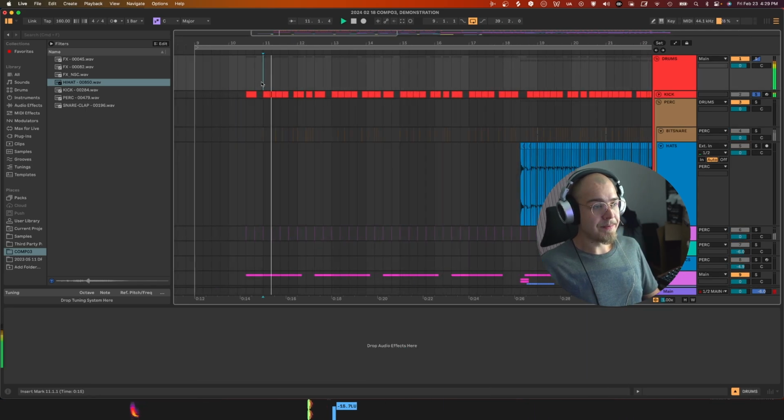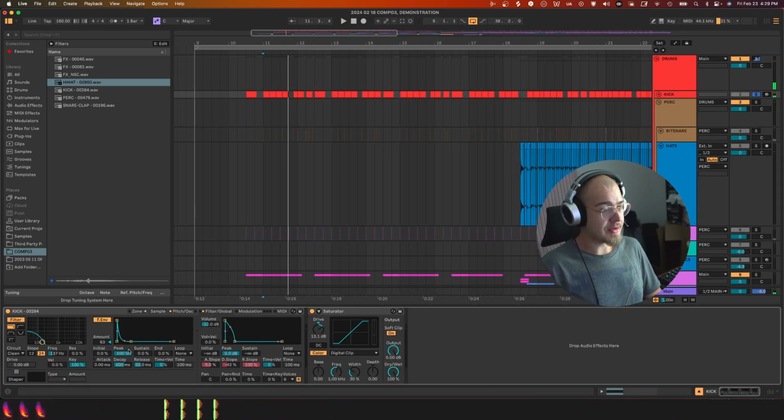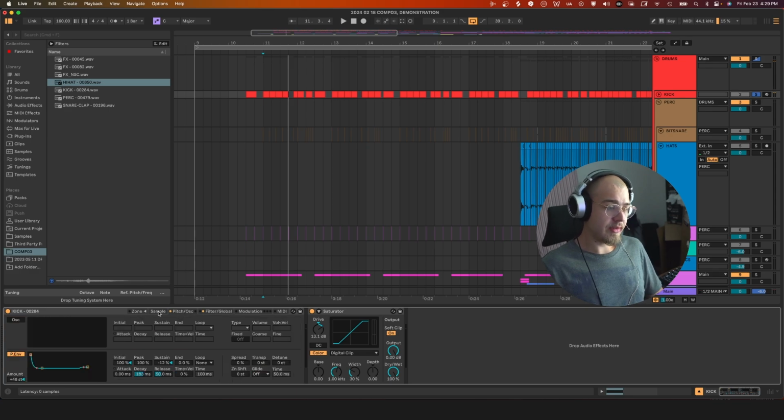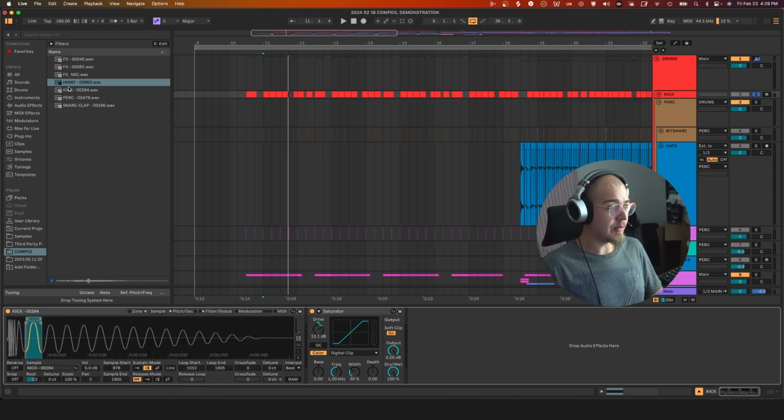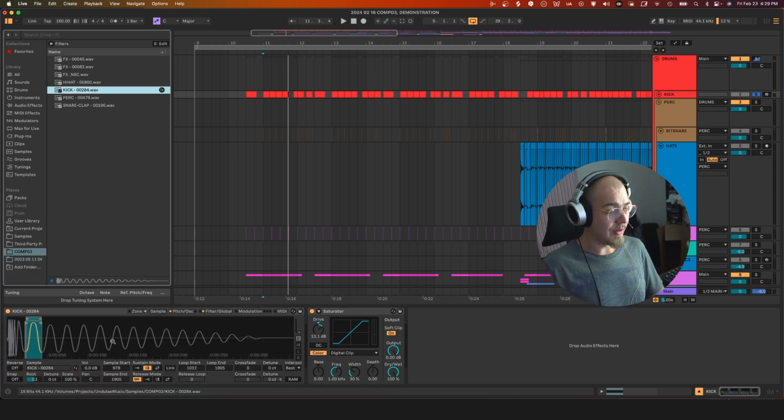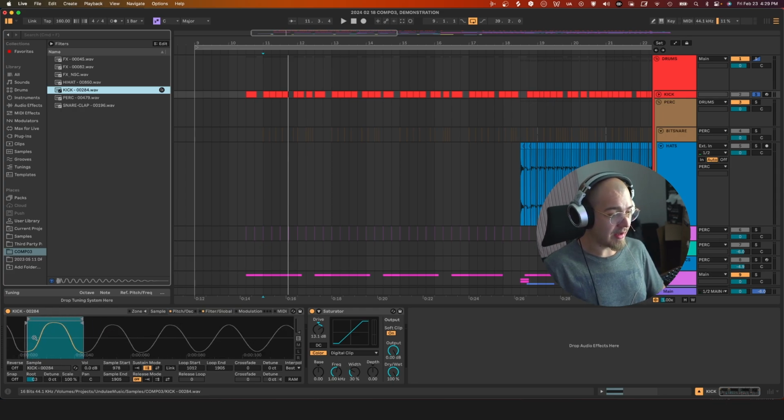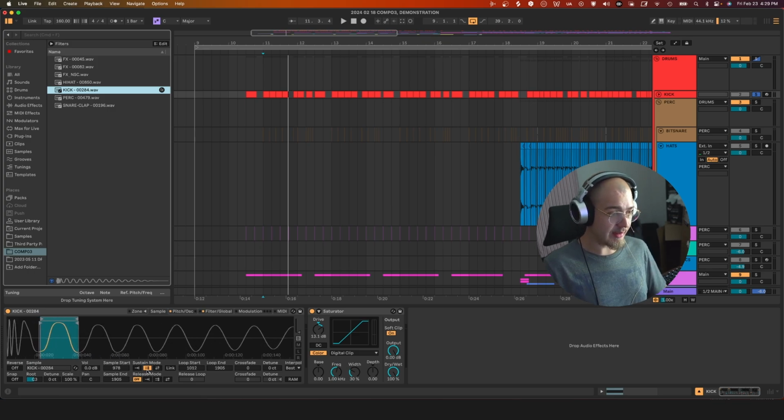The kick drum. That's what the kick sounds like in my track. I actually did use the original kick sample that we were given, which sounds like this. However, I didn't actually use the whole sample. I just used one single cycle of the waveform because it was almost a perfect sine wave, as you can see right there. So I just found a looping segment of that, set it to loop in this mode where